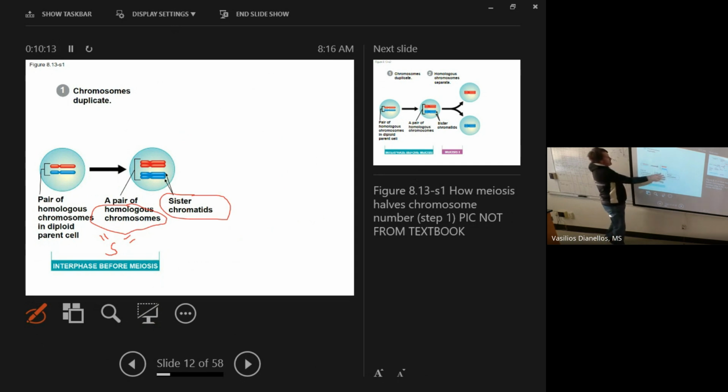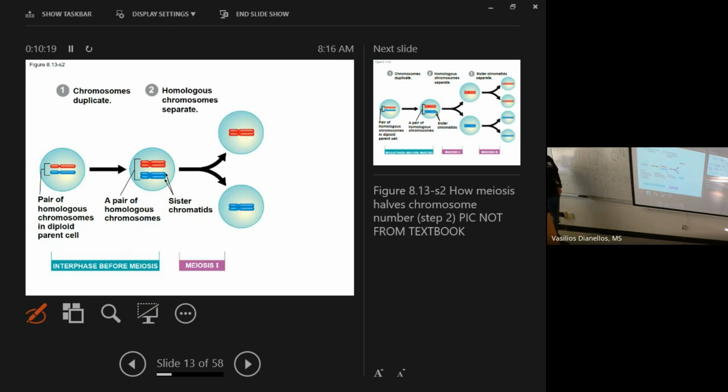So that means they're about to go into meiosis, which is very similar to mitosis, as you'll see. Oh, this is like the Cliff Notes version. And also, I want to remind you, these pictures are not from your textbook. This is from the old textbook. So if you prefer these pictures over the ones in your textbook, you need to download this PowerPoint to see these pictures. But anyway, in meiosis 1, notice we skipped all the little middle steps, prophase, metaphase, anaphase, and telophase,